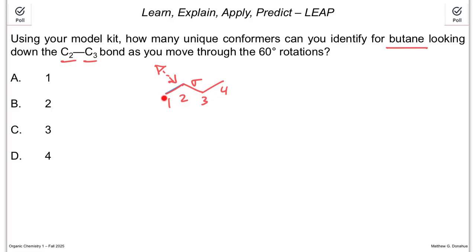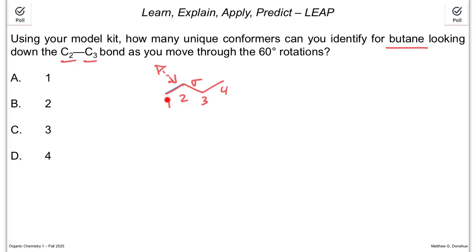As I said, with these normal zigzag drawings where the carbon backbone is in the plane, one thing we can clue into, if our eye is looking at that and we want to transfer it into a Newman projection,